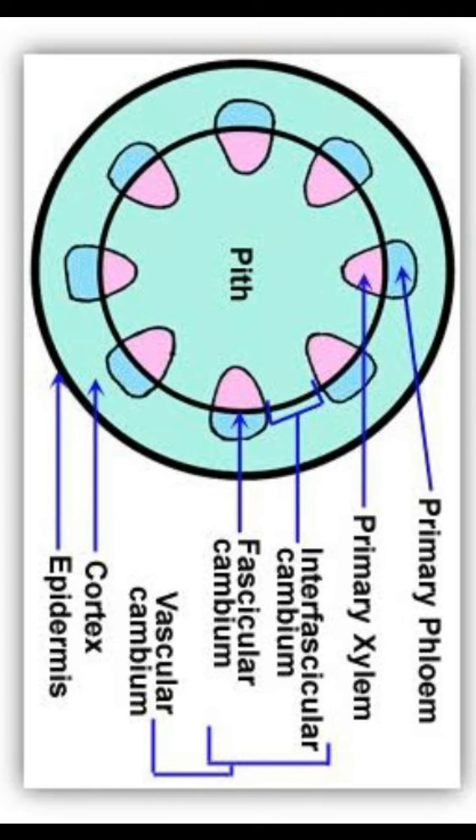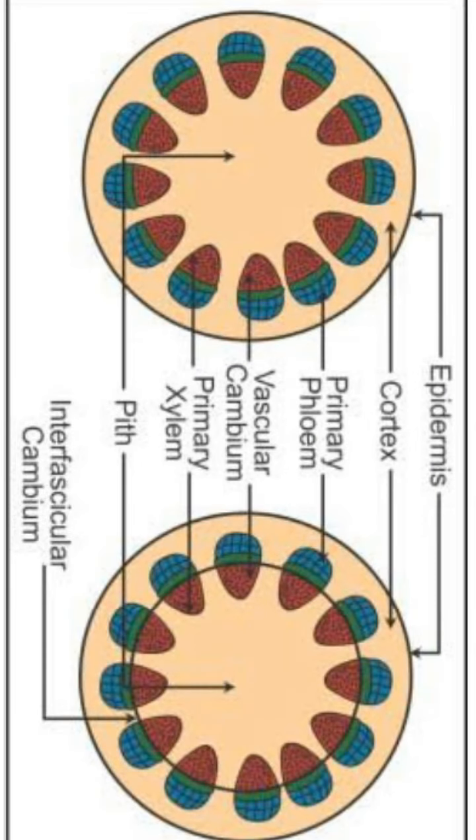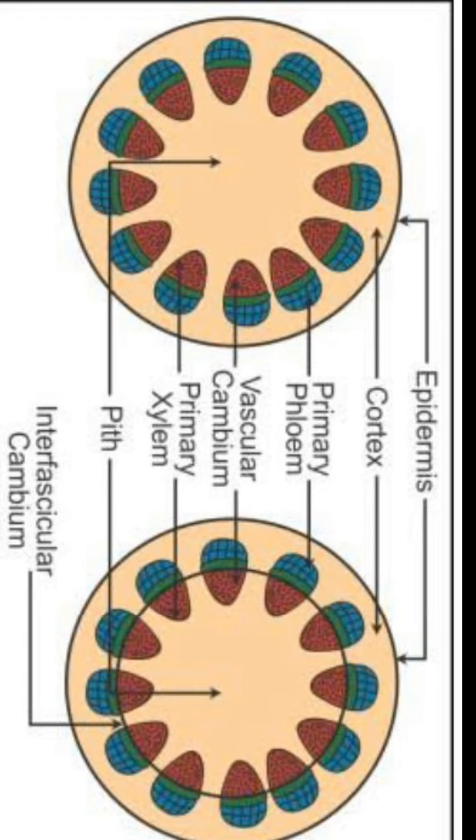Formation of cambial ring. In dicot stems, the cells of cambium present between primary xylem and primary phloem is the intrafascicular cambium. Then the cells of medullary rays adjoining these intrafascicular cambium become meristematic and form the interfascicular cambium. Thus, a continuous ring of cambium is formed. Clear? Then, in such a way, the cambium ring is forming.